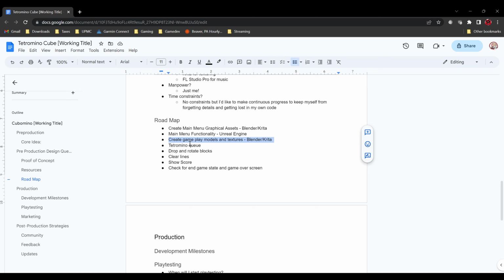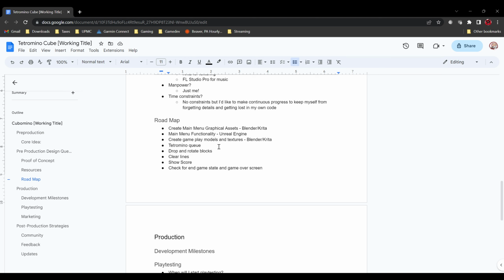Then I'm going to be creating the 3D models and textures for the gameplay itself. This is where I'll be grabbing color palettes and making 3D blocks and little arena areas. Then I'm going to implement the Tetramino queue so that there'll be 5 Tetraminos lined up on the left, and every time you drop one, another one will pop into play.